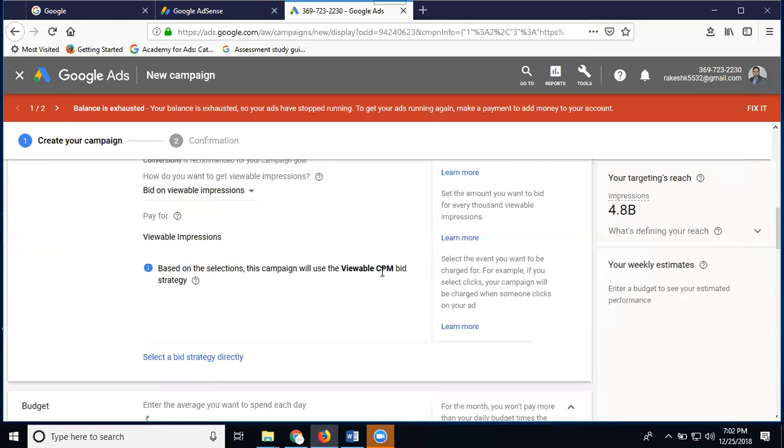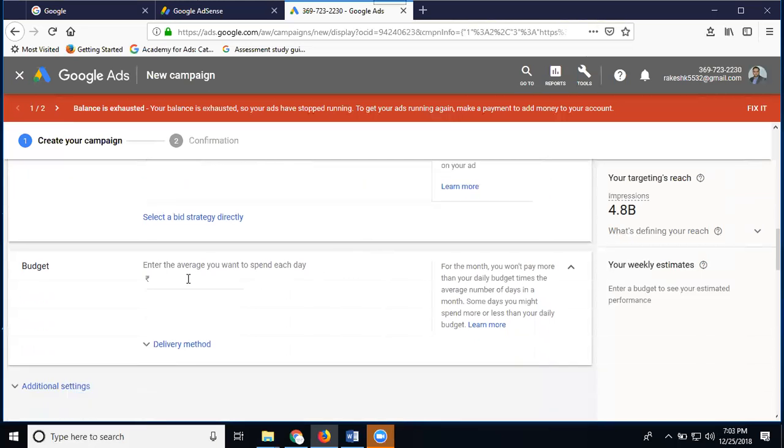Please note, in any display ad we can decide only for impressions, decided by CPM, cost per mile. This is called cost per 1000 impressions.